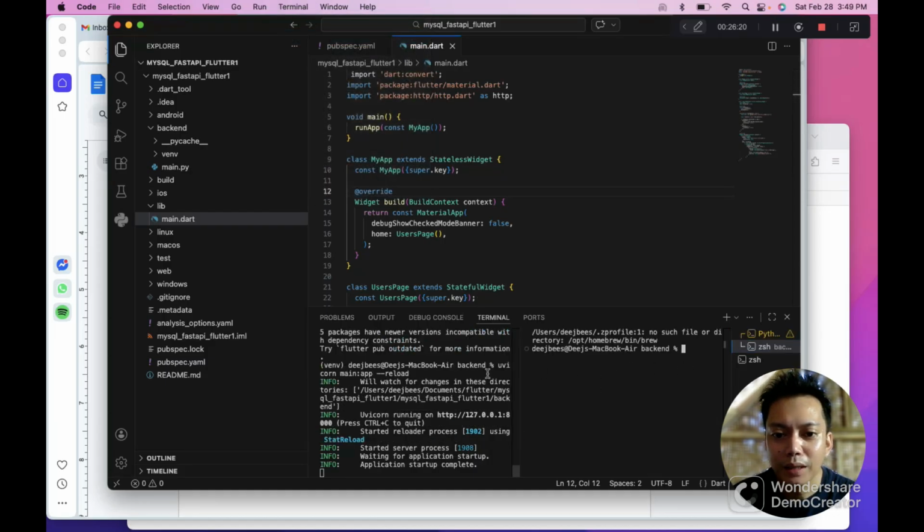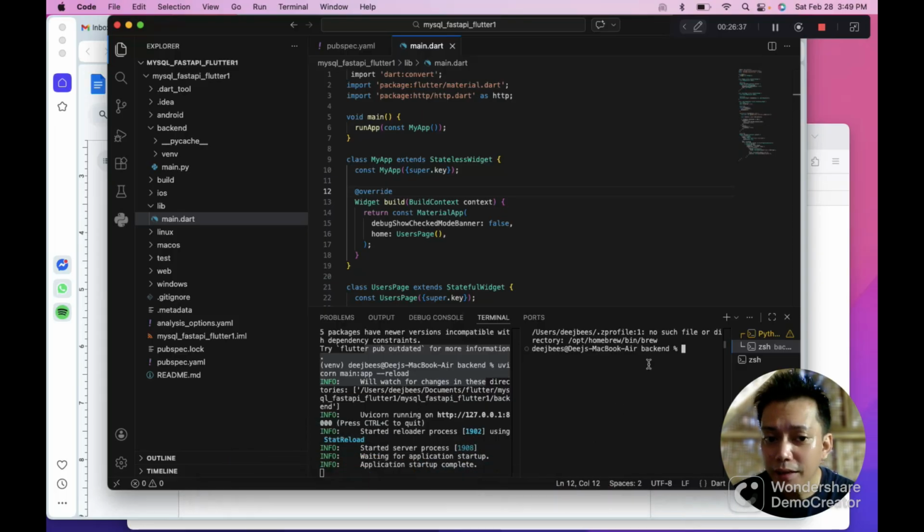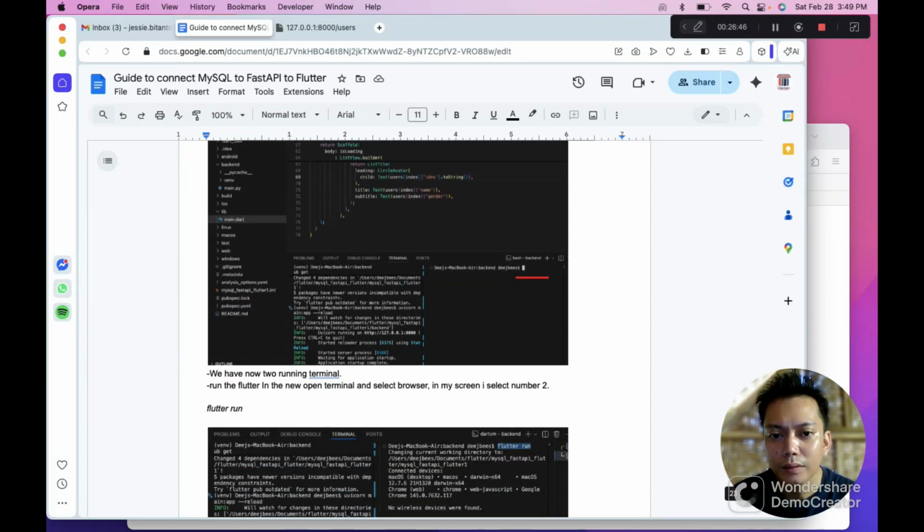So we have here the server. In the left side here, this is the FastAPI server that is currently running. And in the right side, we will run the Flutter. So we have now two running terminals.